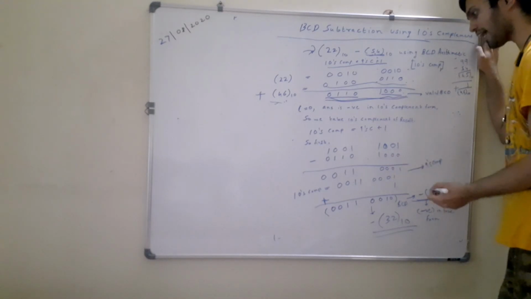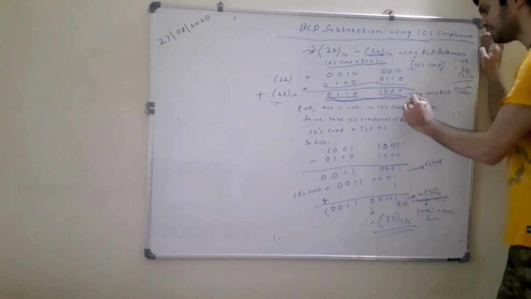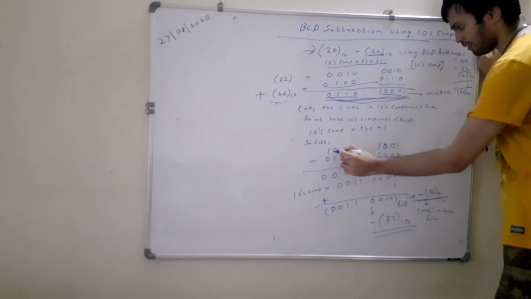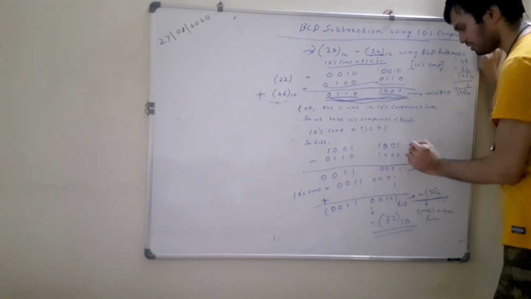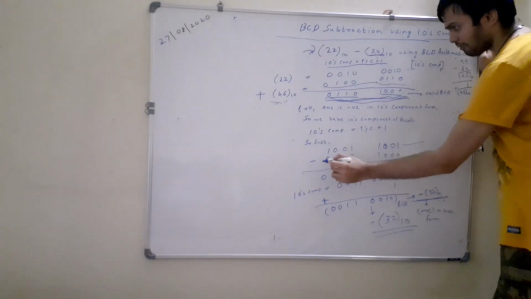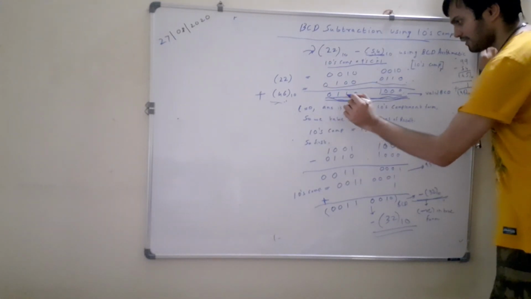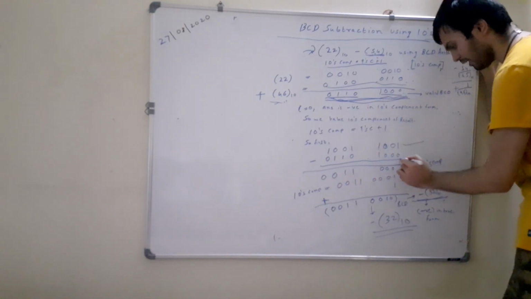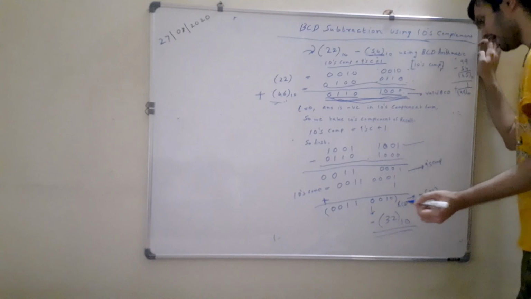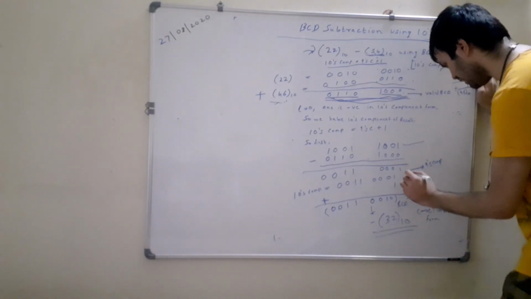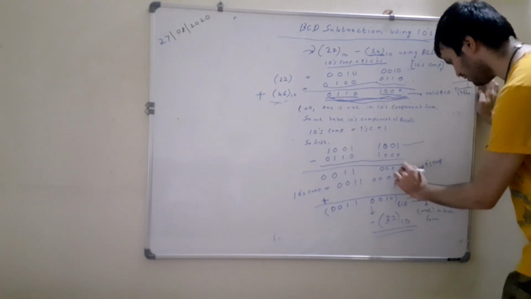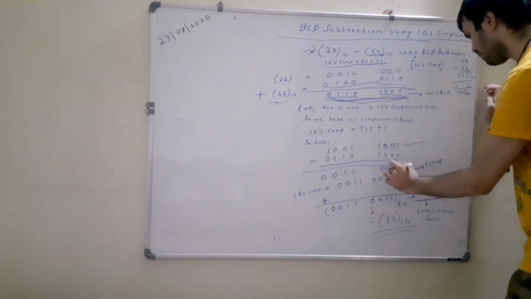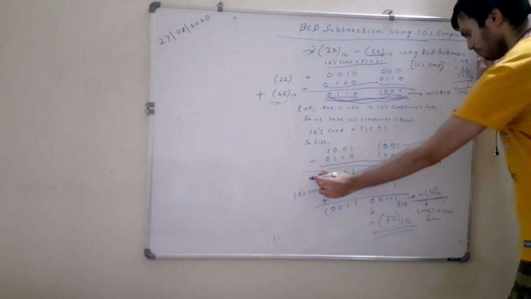So we will start by taking 9's complement of this result. So what is 9's complement? This is 9, right? 1001, 1001. This is 9, and from that we subtract this result, that is 0110, 1000. So that is the same thing I have written over here. And then we subtract, and we get the 9's complement of the result. So that is nothing but 0011, 0001. So this is the 9's complement of the result.